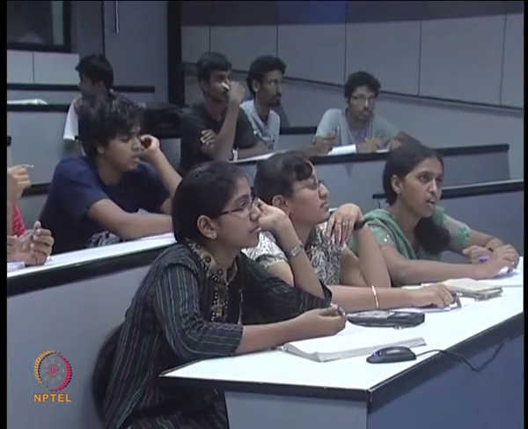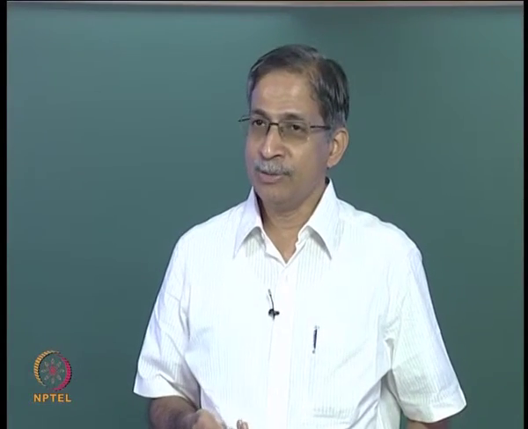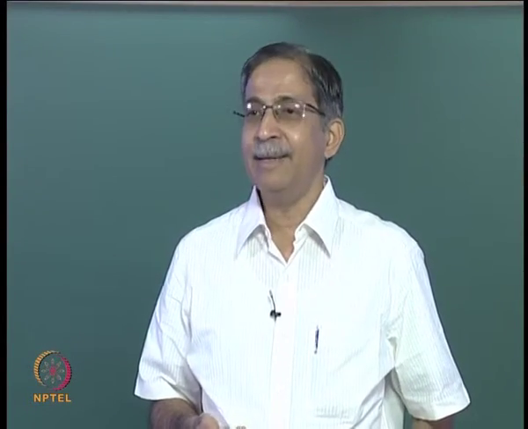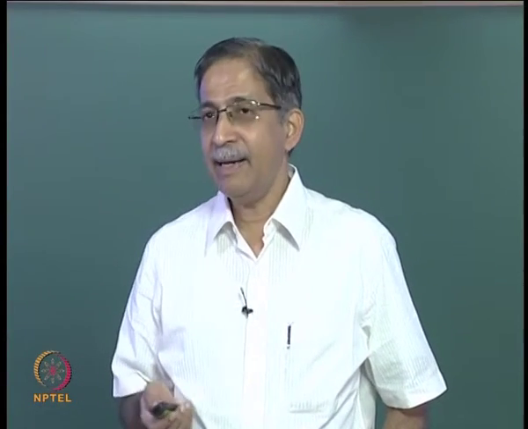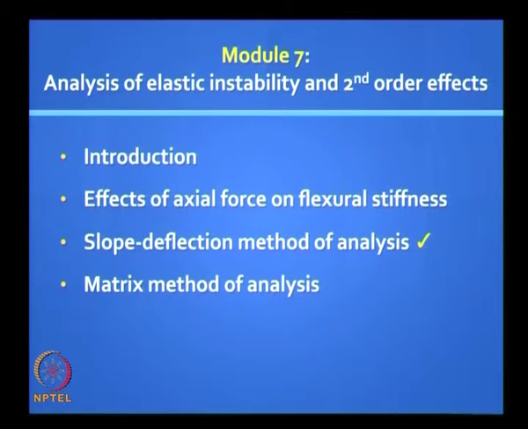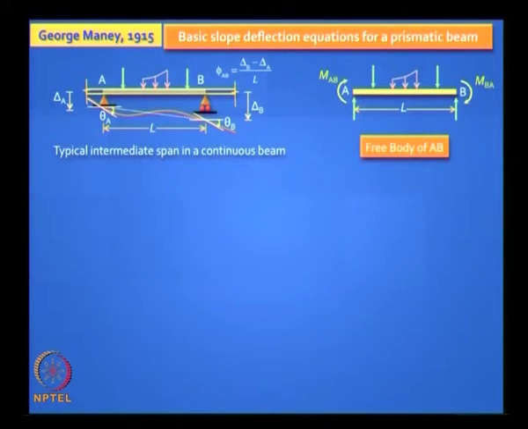So we will see that you need to know the critical buckling load in order to do second order analysis. Yes, because P by P comes into play. So we will take a look at that, and we are now attempting a kind of manual method of analysis, which is a slope deflection method. But in the next session tomorrow we will look at a more sophisticated computer oriented matrix method of analysis. This is covered in the last chapter in the book on advanced structural analysis. So let us go back to the old slope deflection method which you are familiar with.